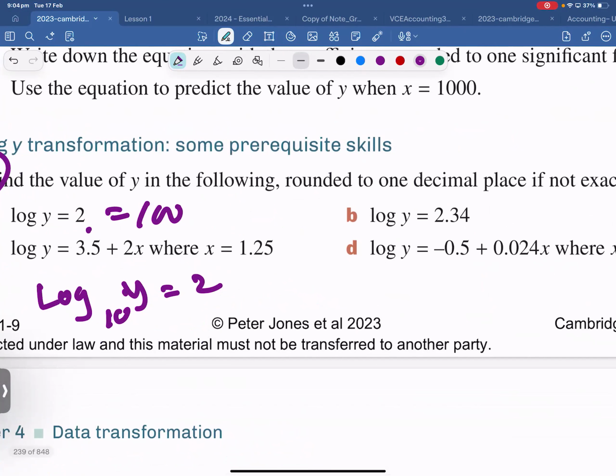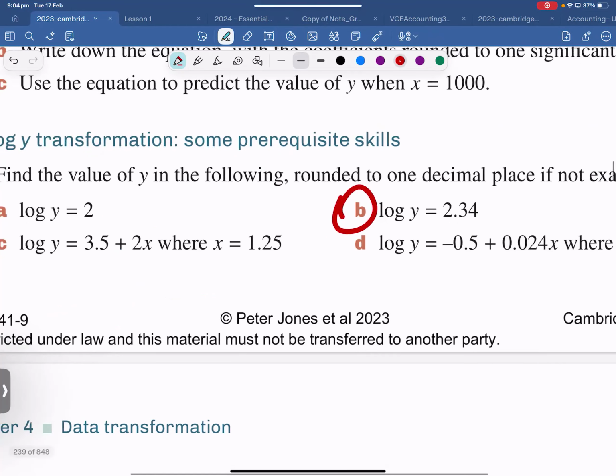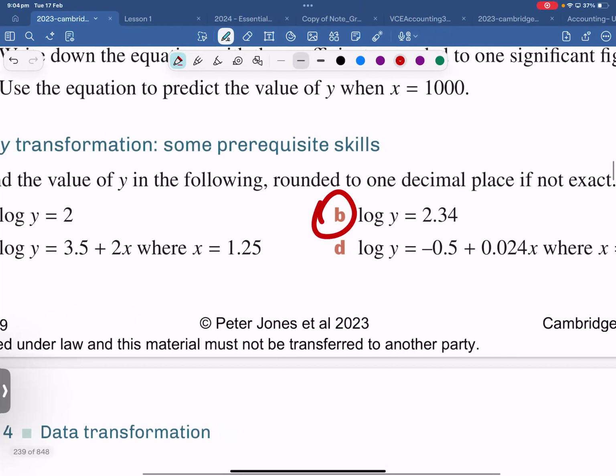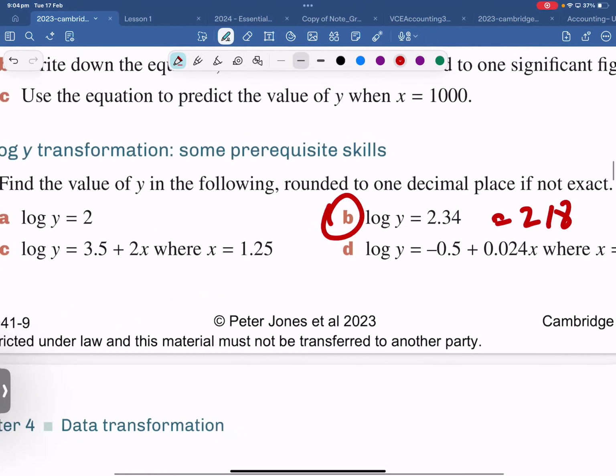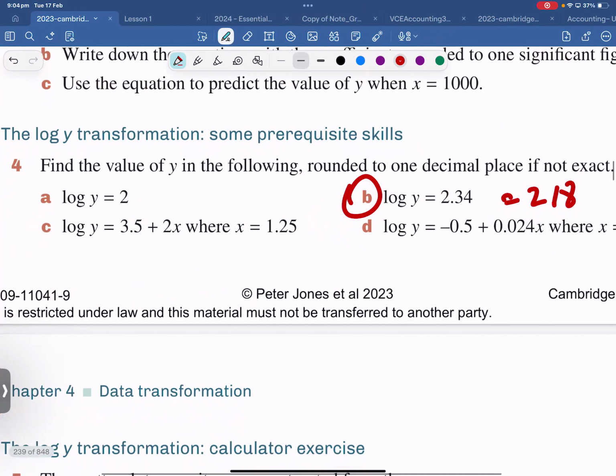Sandil, did you get for this one, part B? 218? Sorry? Is it 218? Yep. So you got the same answer? 118.8. Yep. Then C,